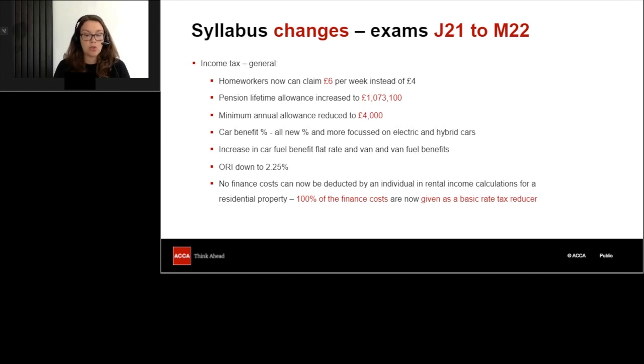So you do actually have a bit of information in the tax tables around this, but I do think you're going to have to practice some questions in order to really understand exactly how the tax relief is given in each different scenario, and making sure that you're comfortable with spotting when this tax reducer way of getting tax relief on finance costs to do with property applies, and in what circumstances. So it's only if it's an individual and only if it's a residential property.